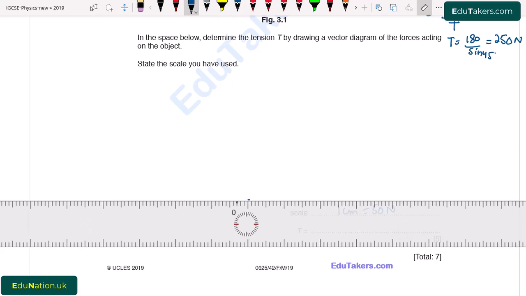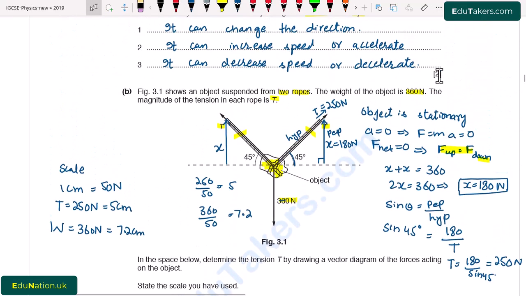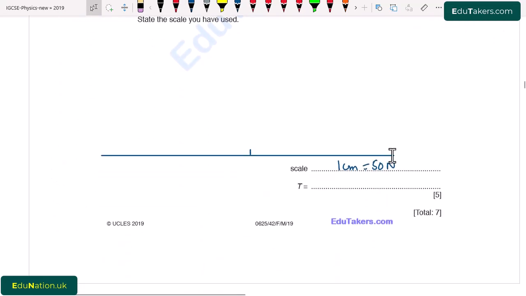It's my center. So here we can see in this diagram that tension value is 5 centimeter and it is acted in this direction at angle 45. So by considering angle 45, I draw a line here.